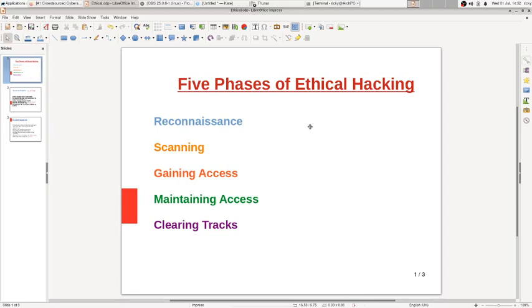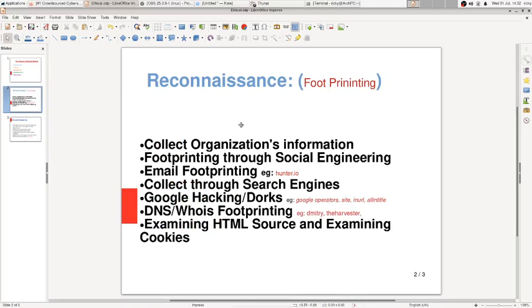reconnaissance, which is footprinting. Okay, what actually is footprinting? It is collecting the organization's information. So how do we collect the information? Normally we will collect the information from